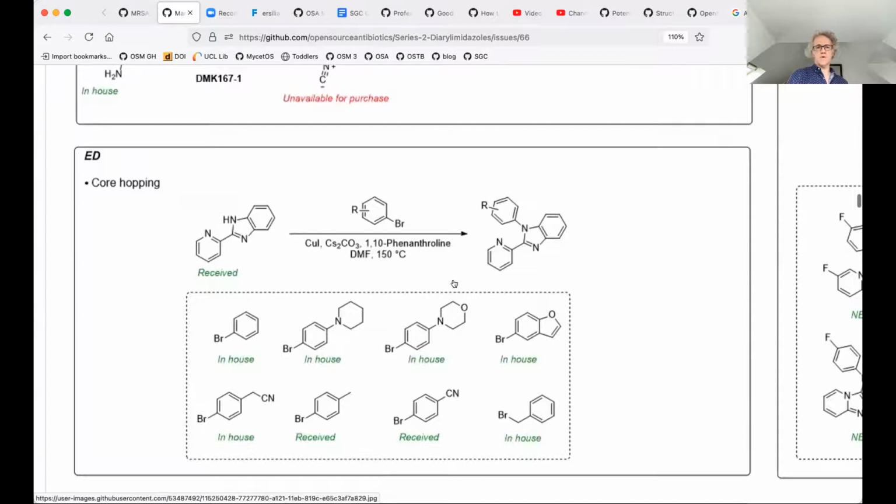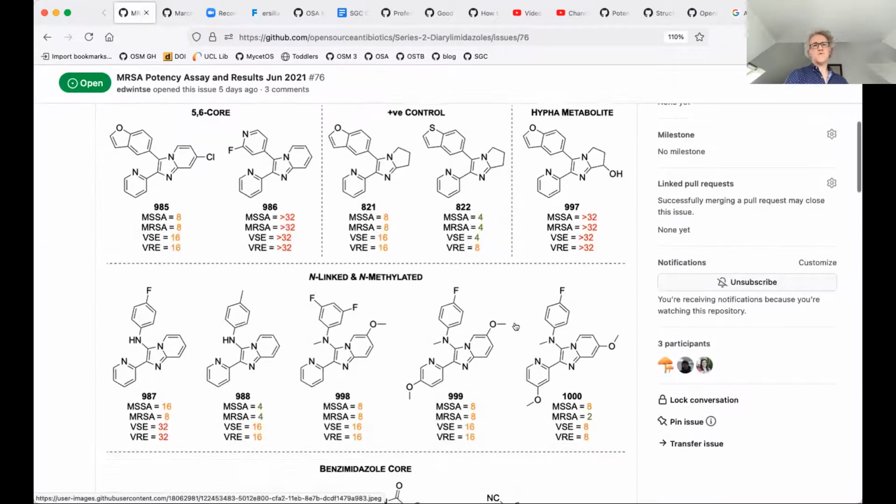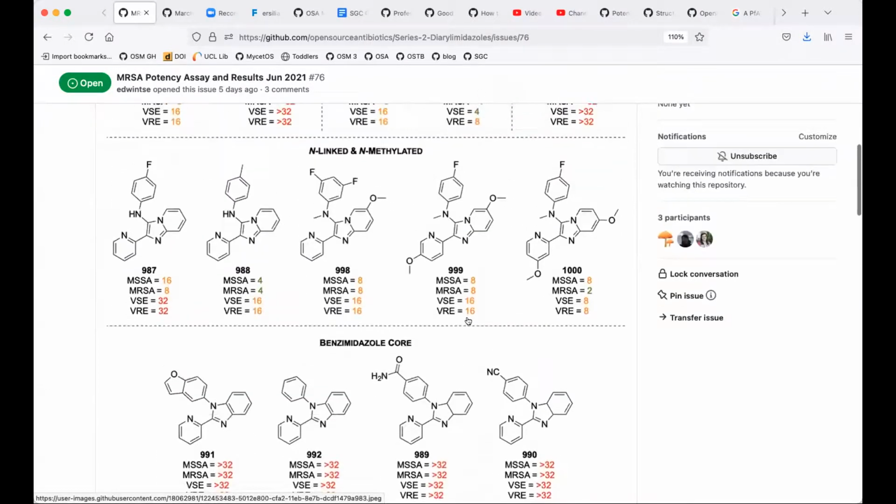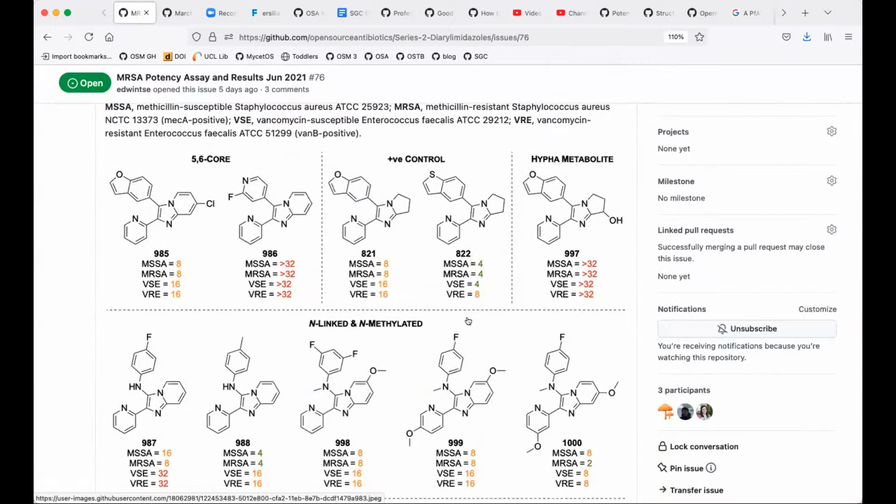Ed, I guess you're done with this. Yeah, I'm done, because we got nothing. From the data, I guess we're still tinkering with the right things here. I'm not seeing anything knockout. We need to retest this. We're making variants of this. Flavio is doing the homologation. I don't know how hard the analog of 1000 is to make, but if we can take the ring methoxy off the bicyclic core and leave the pyridine methoxy, that would be very interesting. Are these the ones that came from Laurie?